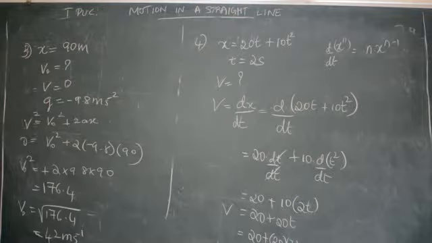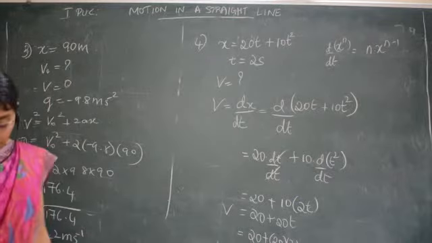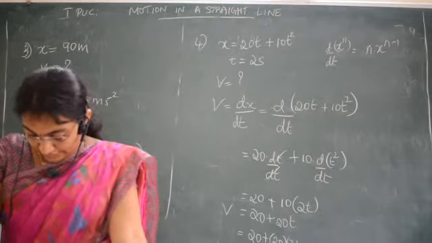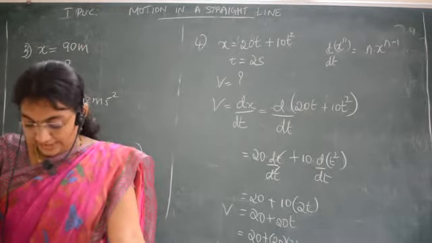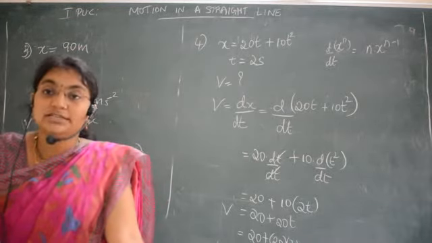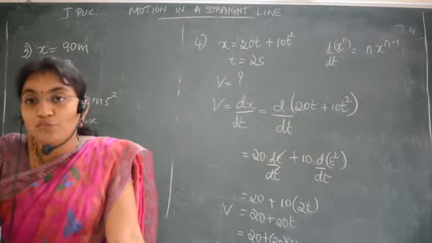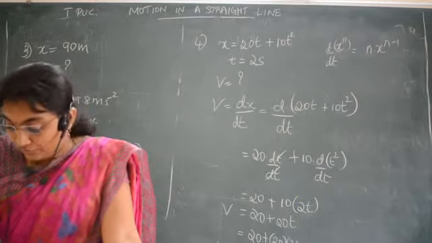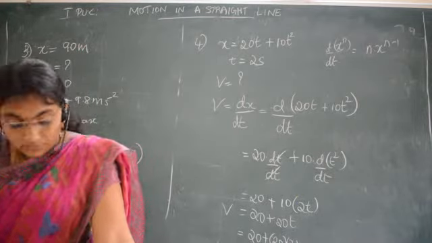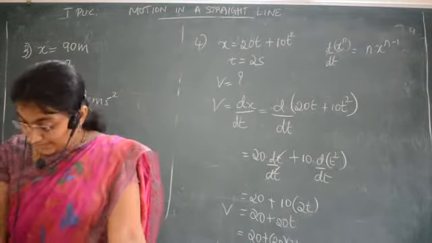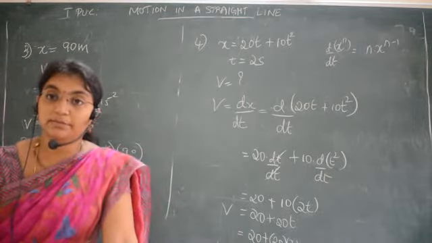No. Okay. Next question. A car travels with a uniform velocity of 20 meter per second. The driver applies the brake and the car comes to rest in 10 seconds. Calculate the retardation. This is like the problem we have already solved, so this problem is given as homework. Try to solve this problem. Question number 5 is homework. Next. Shall I move to the next problem?